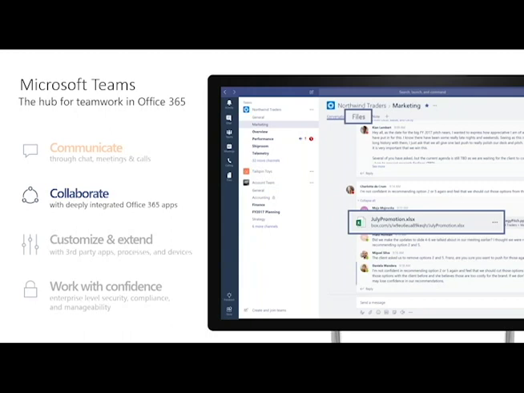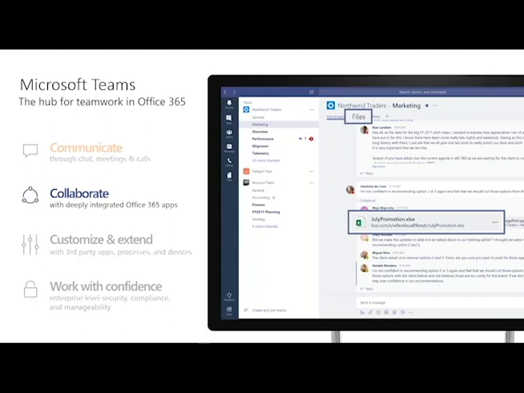So today, let's say you want feedback from somebody. The traditional way to do it is you send a file across through email. Someone looks it over, makes changes, and sends it back and forth, and that creates the vicious cycle of multiple versions 2, 3, and 4. It becomes cumbersome to jump between different email and other apps to get work done. Teams brings this all together for you.